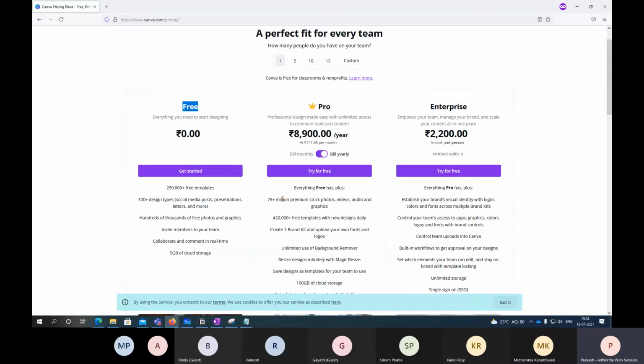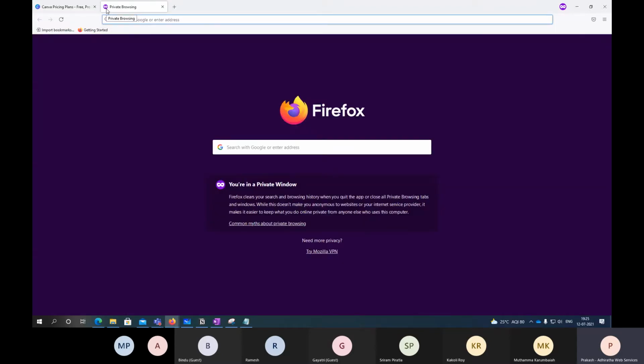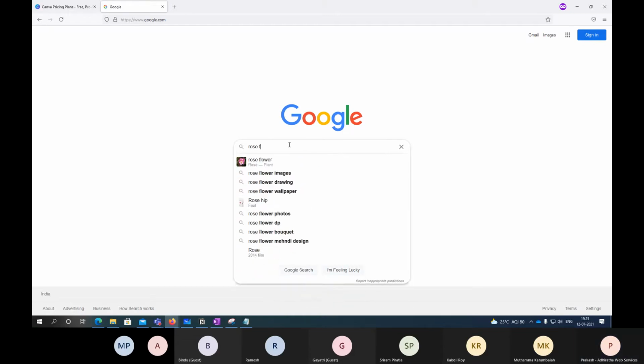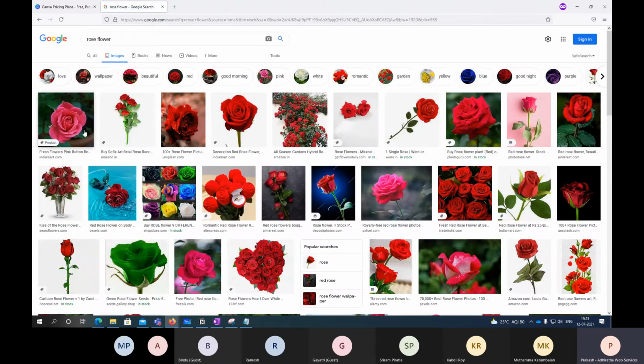So that is what copyright free means, or even Google, right? You can use some photos and all. You can go to Google, and I can start searching for, say, something, so I can go to images. I can pick anything, right? But no, we are not supposed to use like that. We are not supposed to use any photo as simply as that.